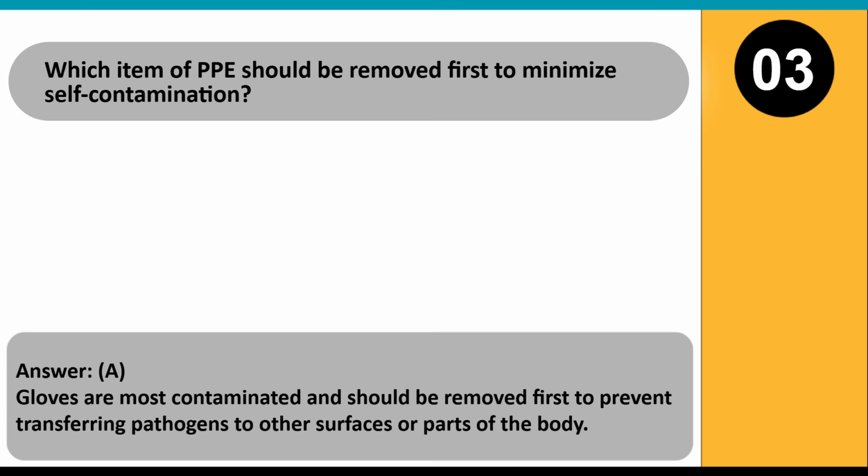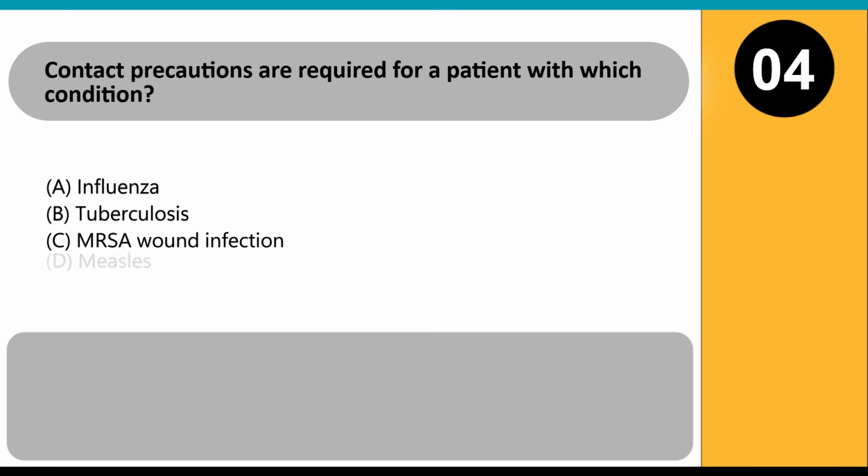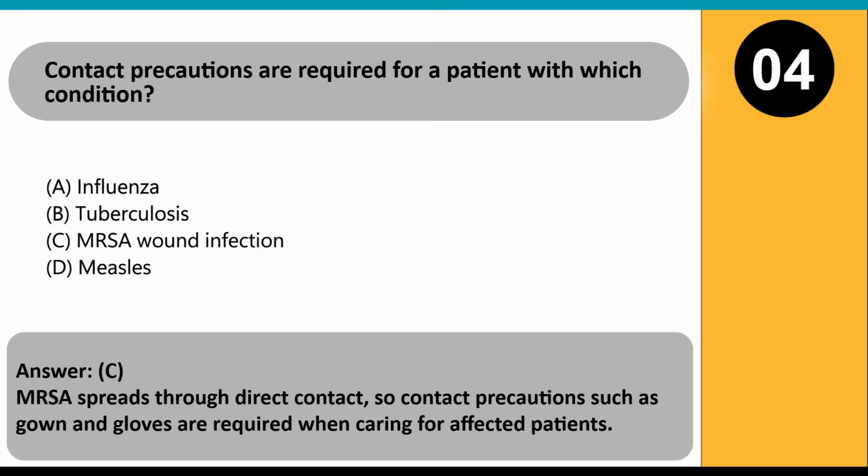body. Contact precautions are required for a patient with which condition? A. Influenza. B. Tuberculosis. C. MRSA wound infection. D. Measles. Answer: C. MRSA spreads through direct contact, so contact precautions such as gown and gloves are required when caring for